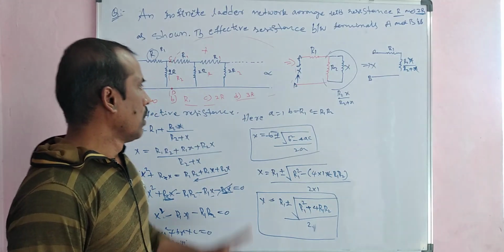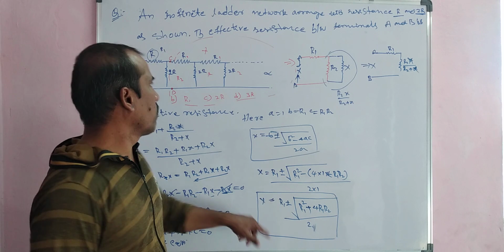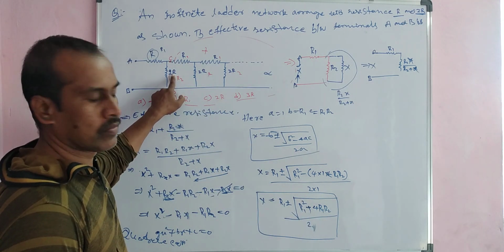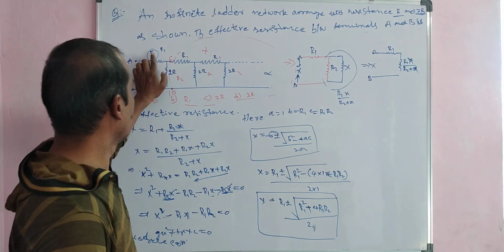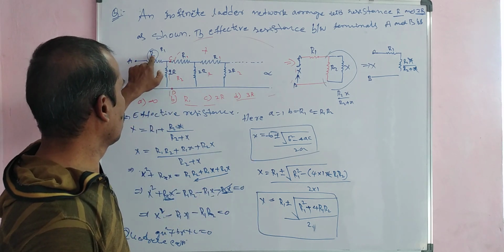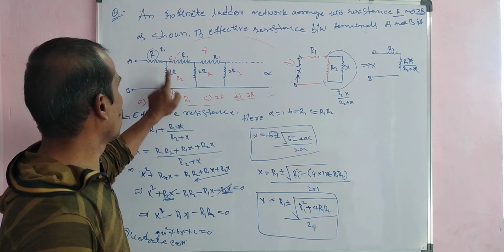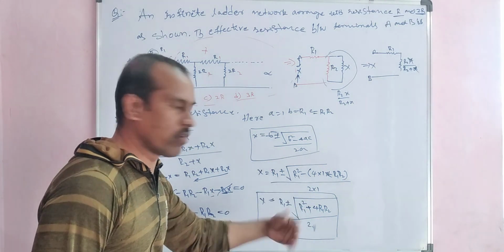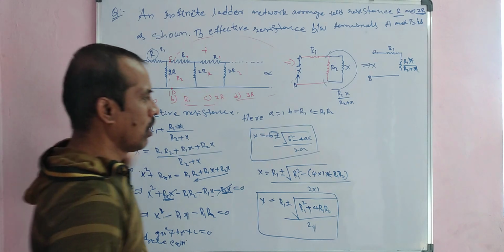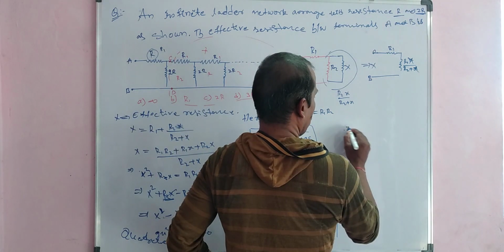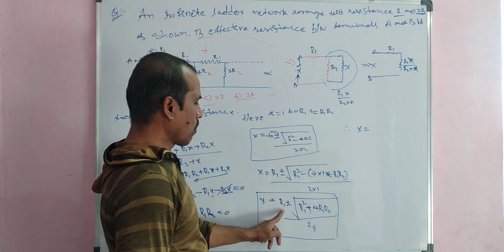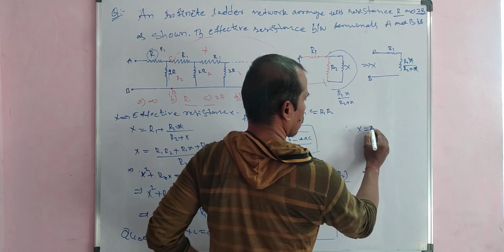Now here in this case, R1 is equal to R, and R2 is equal to 2R. R1 is equal to R in the given circuit, and R2 is equal to 2R. Substituting these two values in this equation, we get the result. Therefore, the effective resistance of the given circuit, X, is equal to R1